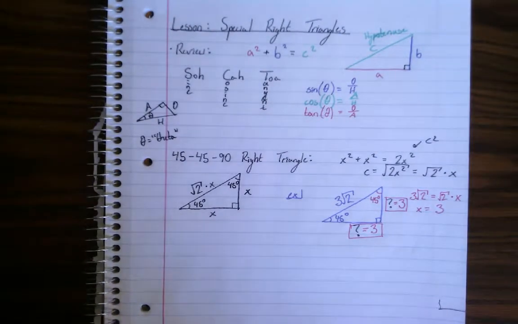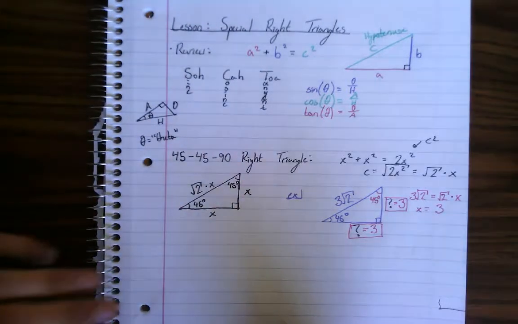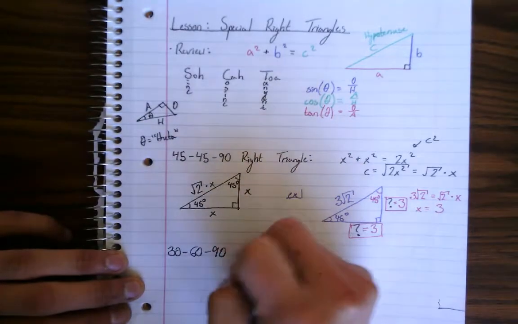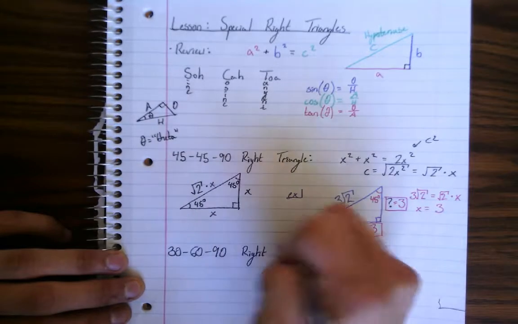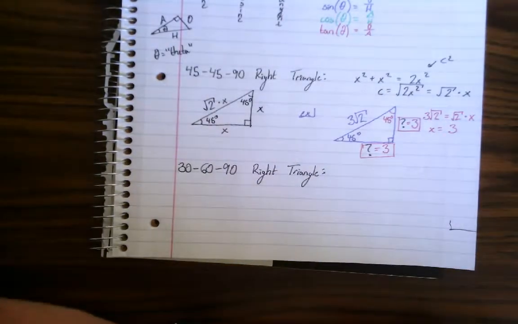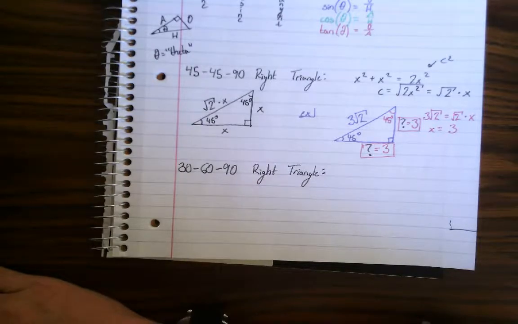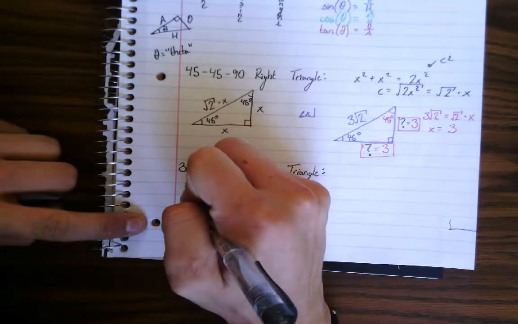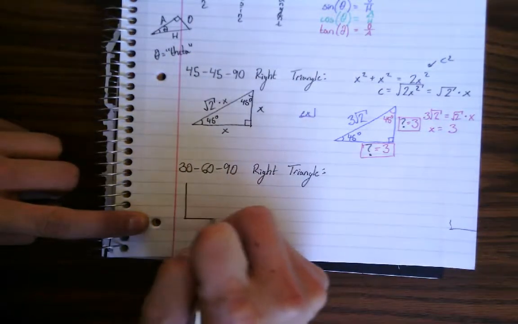So that's the first one. The second one is also pretty useful. We have what's called the 30, 60, 90 right triangle. And so for this one, it's the same idea. We have 3 sides that always have a common ratio between them. So we can draw out our triangle. I'm going to draw it out in a different orientation so we can see